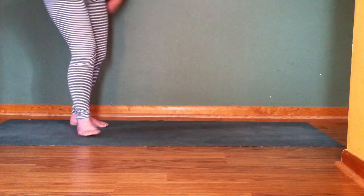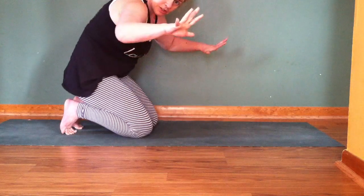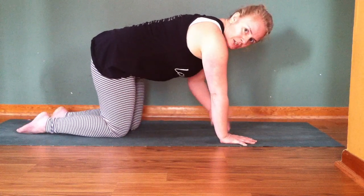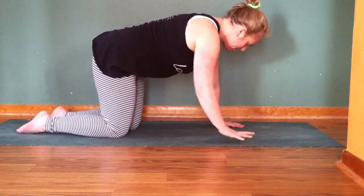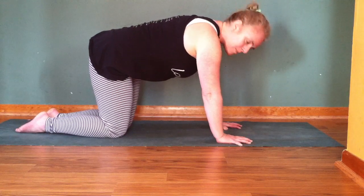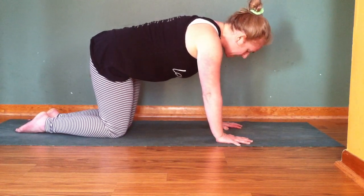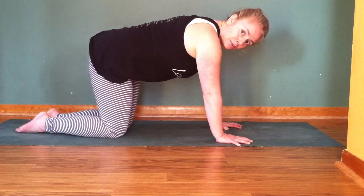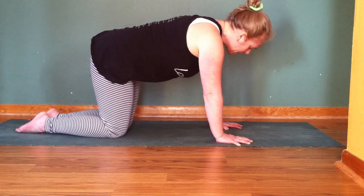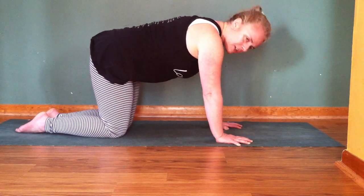Okay, we're back for plank pose. So plank position. Fingers are wide once again, keeping the shoulders right above the wrists. And as we come into this pose, we really want to press into the pads of the fingers, almost gripping with the pinky and the thumb. It takes the pressure off the wrists, and it spreads the weight of your body and your torso across your